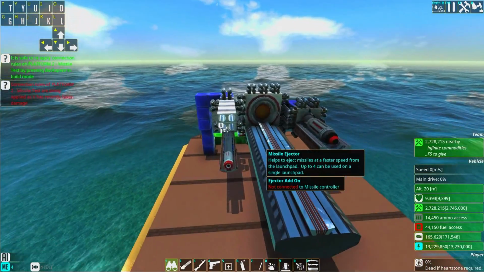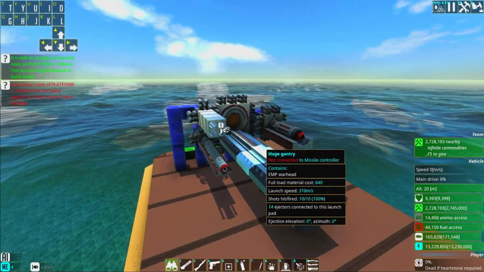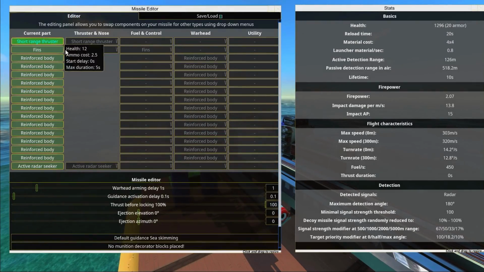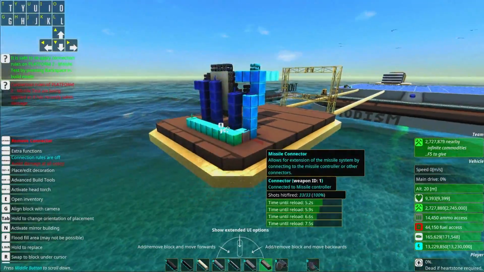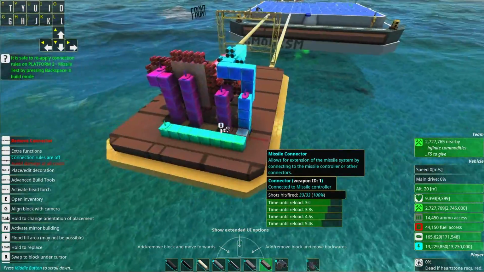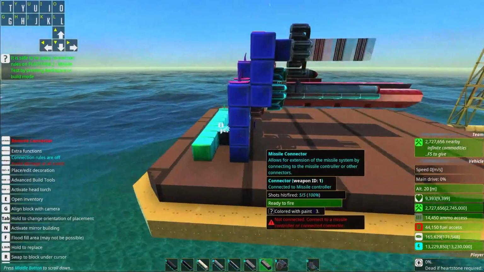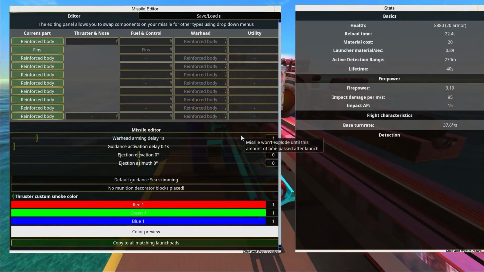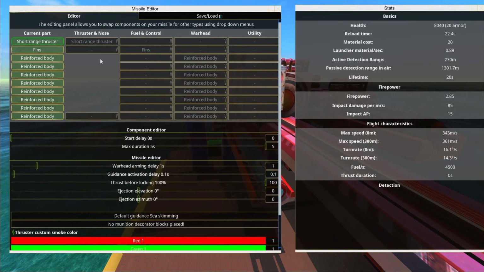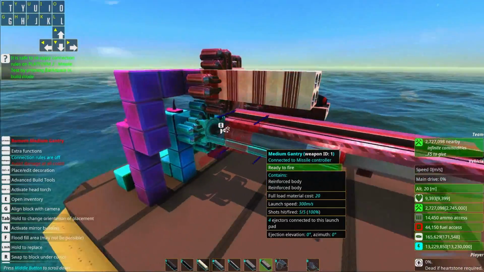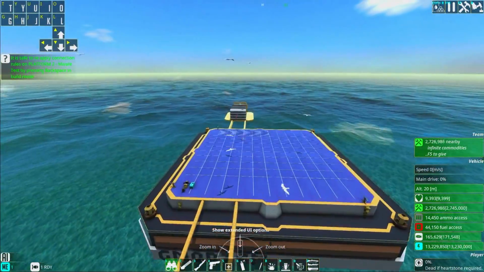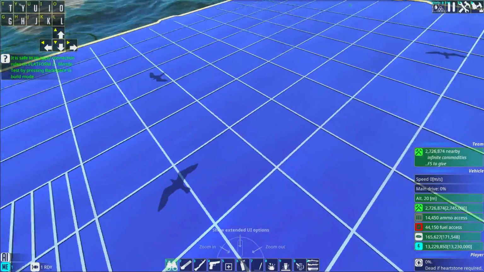Think crush incoming planes, like really small planes. We could just crush them with a swarm, like a buckshot of these, like a semi-guided shotgun system. That's super cool. That's something I want to do. Now we have the medium system too, and the short range thruster there gives us up to a speed of 300 meters per second. And if we just repair this a little bit,